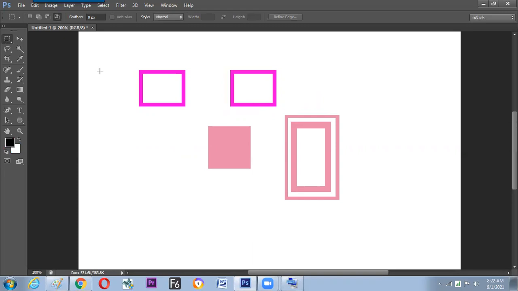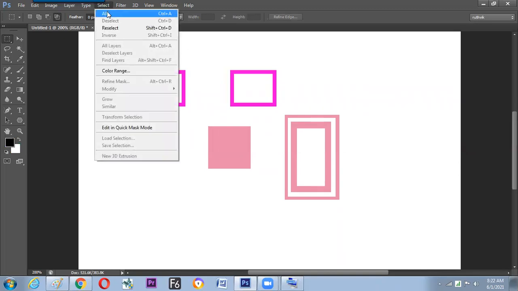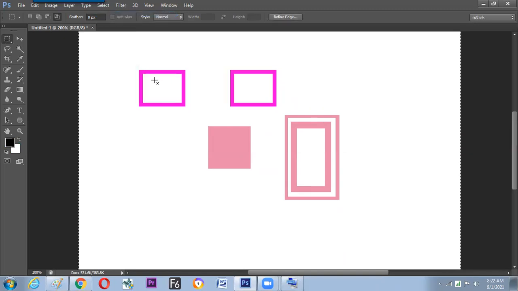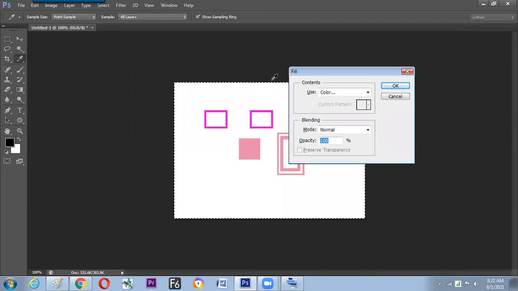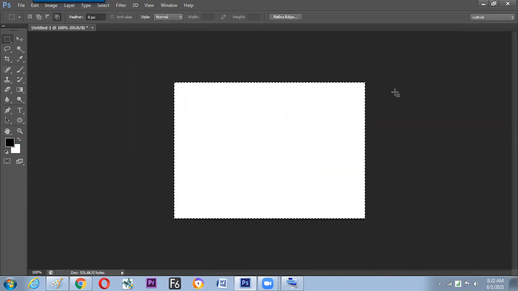Now, if we need to fill the color here on the screen directly, then yes, we can select it all by a single command called Control A. Control A is a command which selects the whole canvas. Now, if you need to fill the white color, what is to be done? Just press the backspace and switch to the option called white. Job is done. So now we know how to make things and release all the things within a fraction of a second.